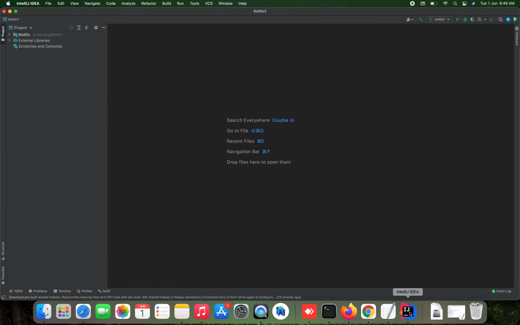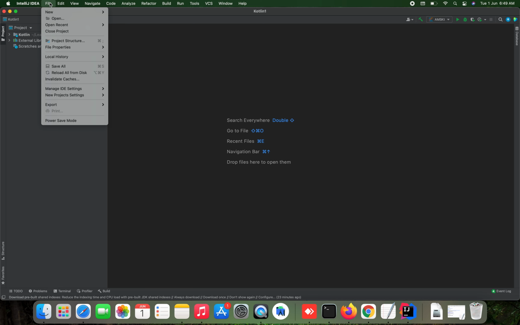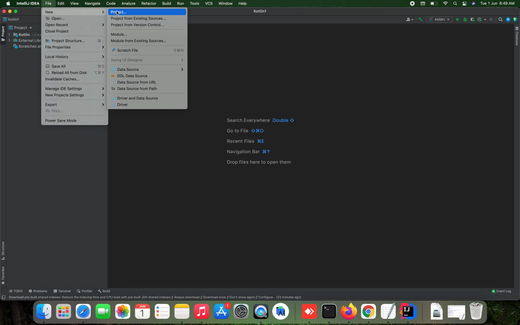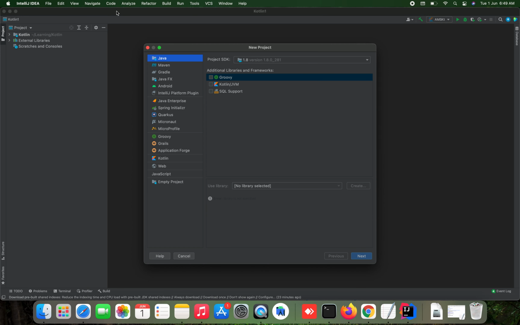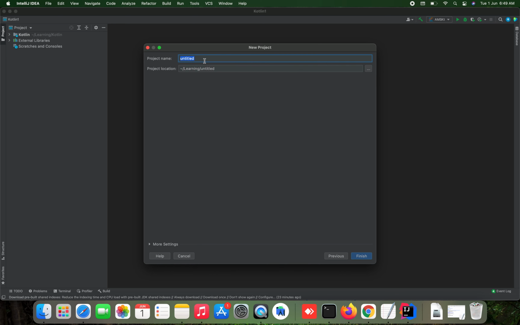Now let me show how to create a sample project in IntelliJ IDEA. Let's go to File, click on New, click on Project. Here we should select Kotlin and JVM. Select this checkbox, Kotlin and JVM, then click on Next. Then give the project name.